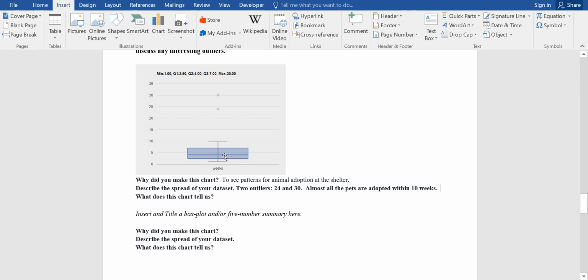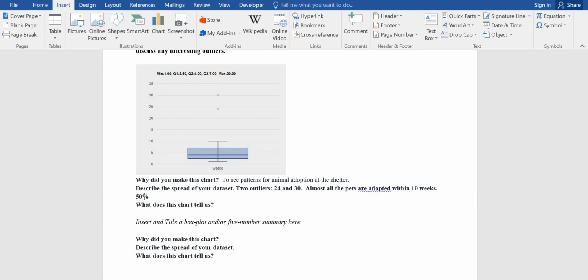So you could even say that this right here is quartile 1. So the minimum is 1. So the lowest it took was 1 week. Then the next quartile is 2.5. So from here to here, that's quartile 1, and this is 25%. So 25% of your pets are adopted between 1 and 2.5 weeks. And then as I go over more, I can add another 25%. So between 1 and 4 weeks, which is a month, 50% of the animals are adopted. So we can say 50% of the animals are adopted within a month,